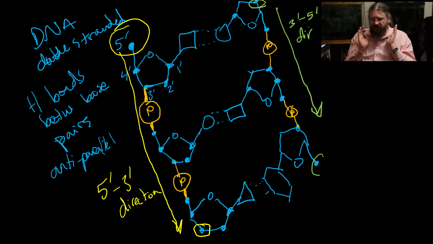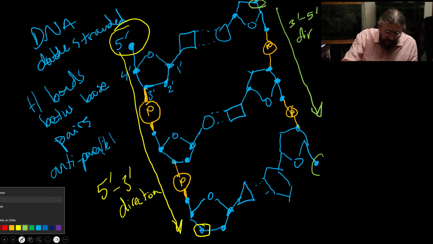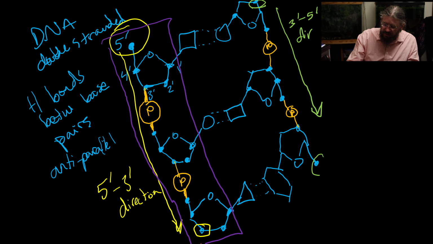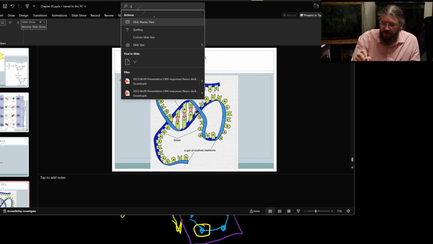We have hydrogen bonds between nitrogenous bases holding together our DNA strands. And the strong covalent bonding between nucleotides is just between sugar, phosphate, sugar, phosphate, sugar, and phosphate. So this is the sugar,